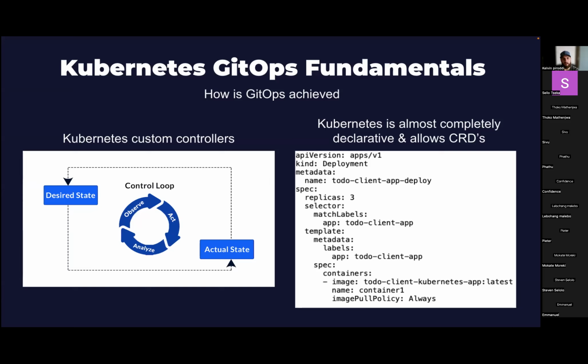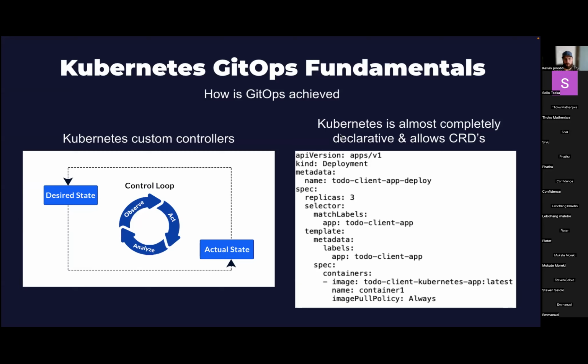And Kubernetes allows you to create your own controllers. So in Kubernetes now, since 1.7, you can define your own CRDs. A CRD basically, think Kubernetes has a deployment, you can define your own one, and we'll get to how ArgoCD has its own CRDs. So you can define your own application, and you can create a controller that continuously watches this file or manifest. So almost everything in Kubernetes is declarative.